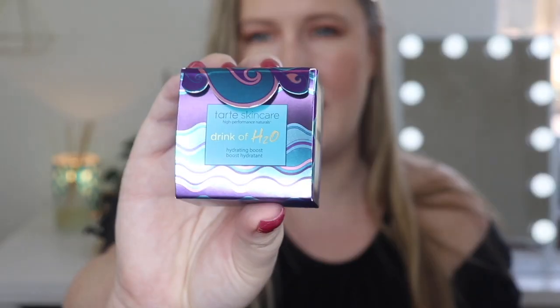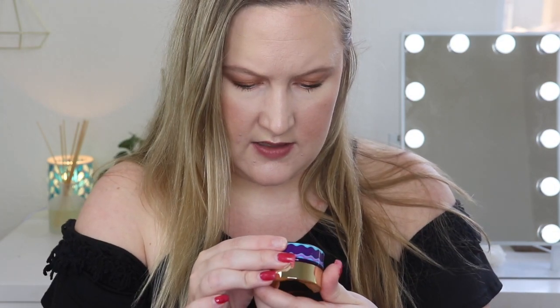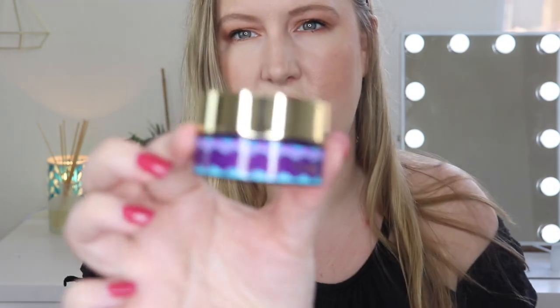This is the Tarte Skincare High Performance Naturals Drink of H2O Hydrating Boost. So we got some skincare. I have not tried any of these products. The packaging is really cute though, isn't it? Let's get this out. This is 15 mLs. I'm not sure if this is a full size. After I unbox, I will look up the pricing of everything so we can assess if we got our value's worth. So there is a safety seal,